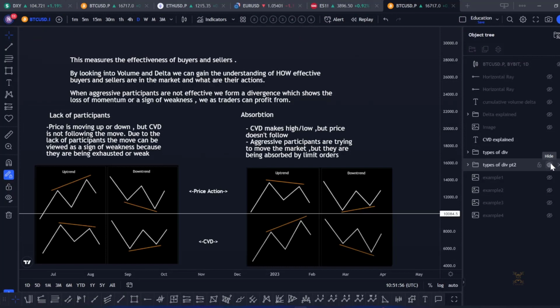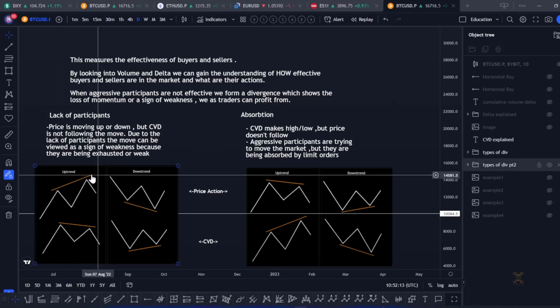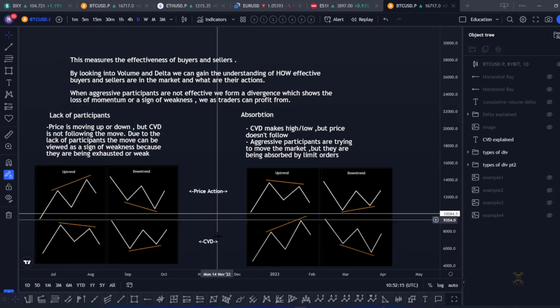So the types of divergence that we have, the first one is about lack of participants. This is when price is moving up or down, but the CVD is not following the move. And due to lack of participants, the move can be viewed as a sign of weakness because they're being exhausted or weak. So this first type of divergence, lack of participants,